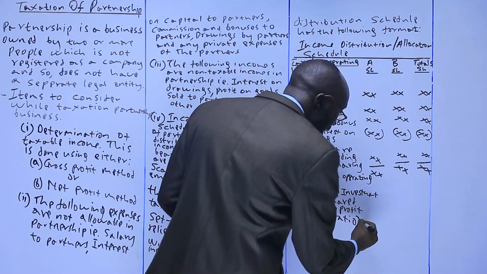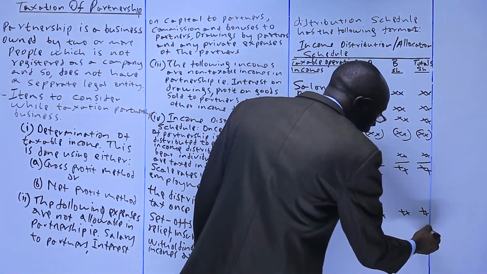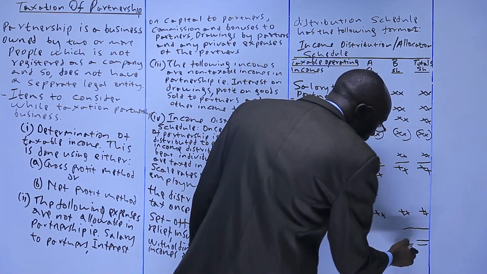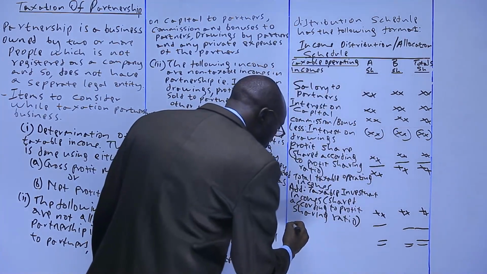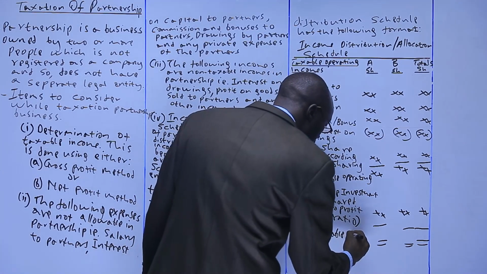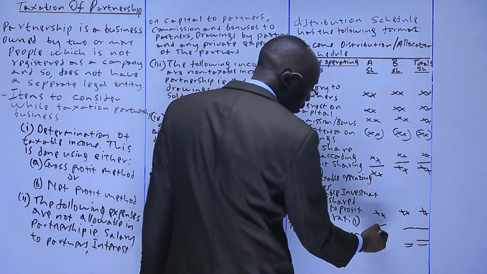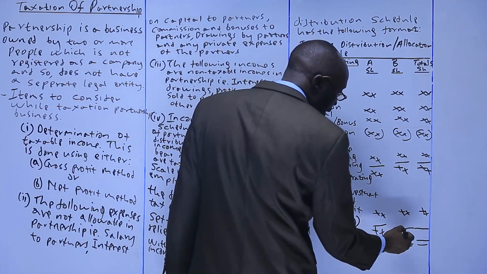You come and share here according to the profit sharing ratio. This one, total. And then now from there, you can get total taxable income. Total taxable incomes, which will take the operating income plus investment to get the total. Operating plus investment,